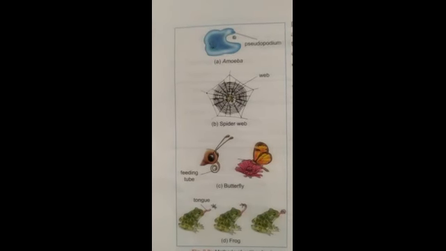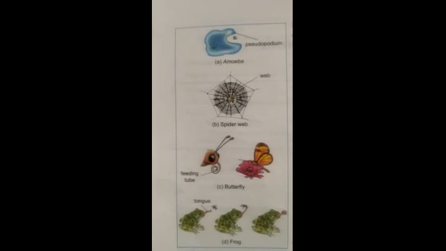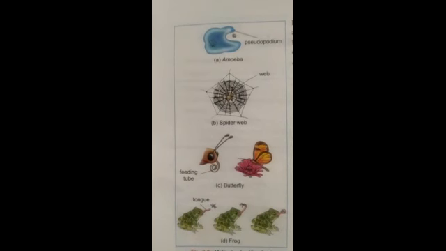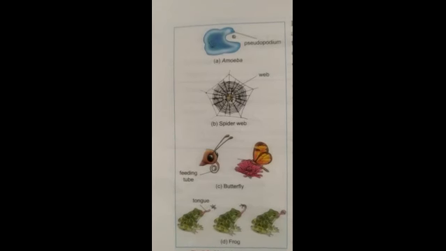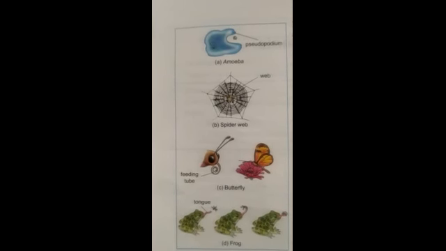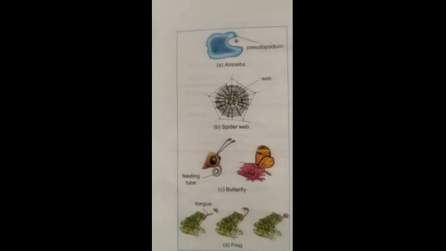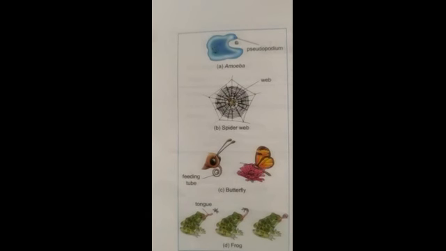In this diagram there is one unicellular organism, that is amoeba, which uses its pseudopodium for taking food inside. Then there is a spider web. One by one we will discuss some examples of animals which use various types of organs for taking food inside. In amoeba, the false foot, or pseudopodium, is used to engulf the food particle. Then a spider always weaves a web to catch its prey.